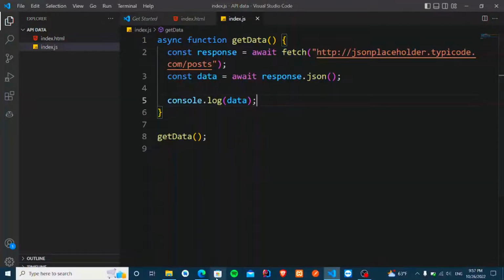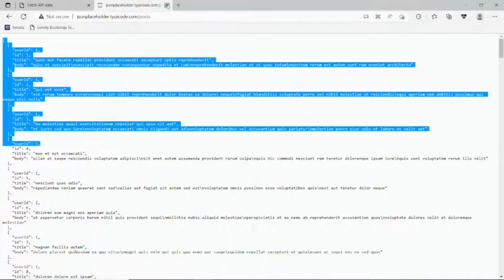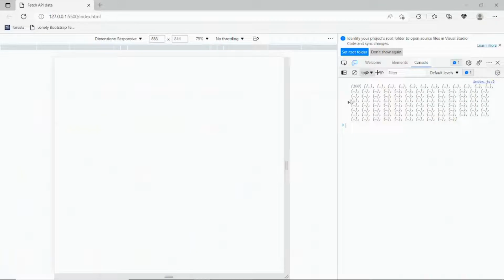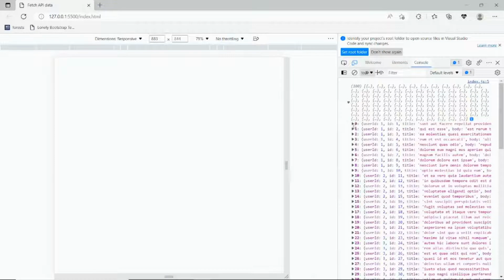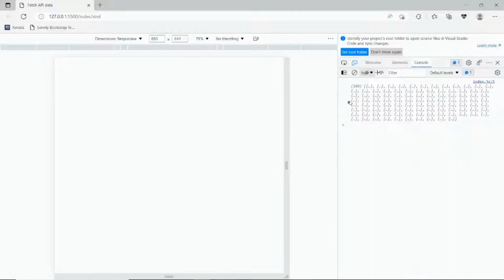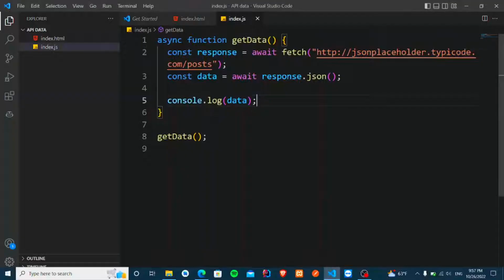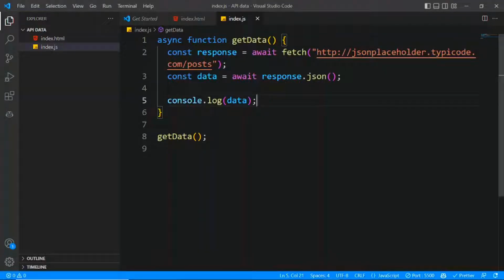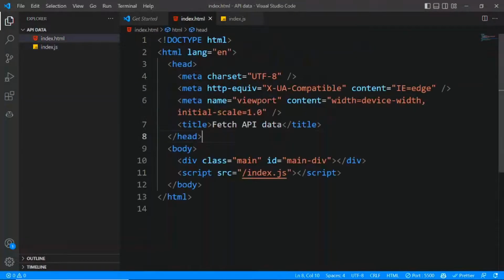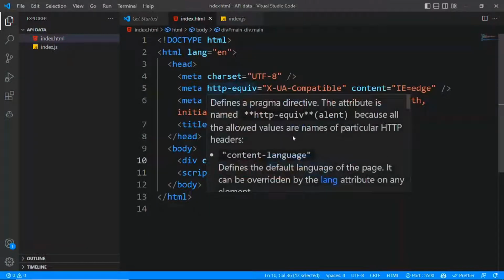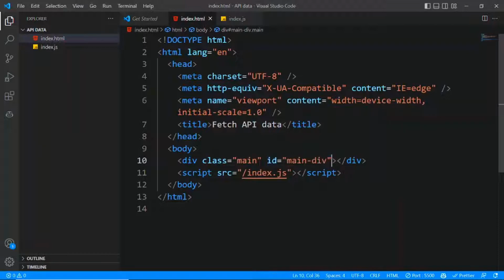If we go to our browser, then we can see that our data is showing in our console. Now let's go to our file. Now we have just given an ID in this HTML file, that main div. Now let's target this ID using JavaScript. Now let's copy this and